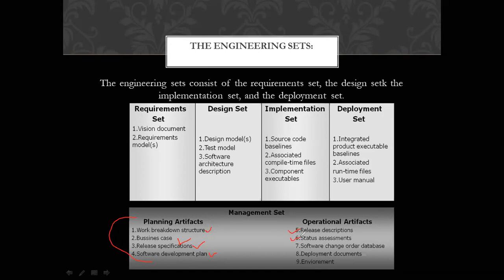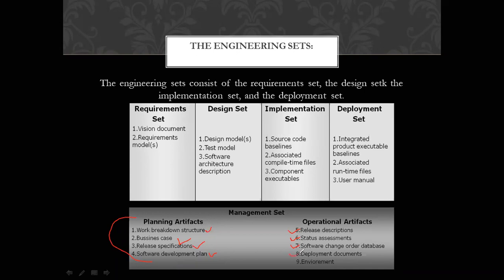Status assessment is nothing but you have to check the status, how much progress is being made in the process. That progress, how you will check it, on the basis of periodic snapshots. Time to time you have to snapshot, meaning you have to check that up to this particular time this much work is complete. Software change order database. The software change order database comprises some discrete baseline changes, a description of the changes. At first which change came, second which change came, and that.